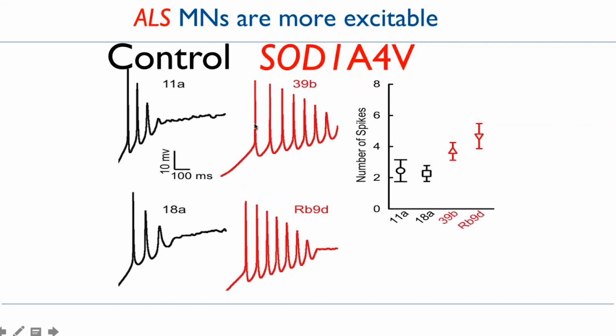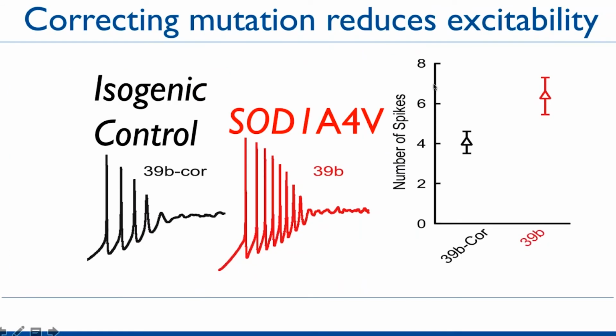Now, as you can see, this is what one could say is the smallest association study you could imagine, in which there are two patients and two controls. And so we really wanted to establish that this difference was a result of the SOD1 mutation. The way that we went about doing that was the work of Jack Sandow and Louise Williams, who as graduate students teamed up to do gene editing to actually correct the mutation in SOD1 in that cell line. And in fact, they've now done this for both patients, as I'll show you.